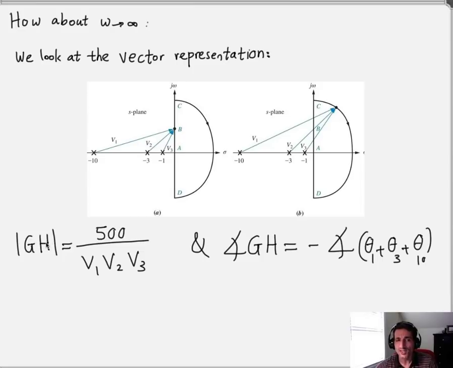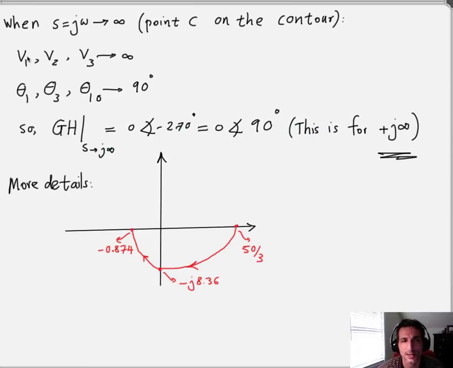And also for the magnitude, V1, V2, and V3 are obviously going to be infinity, because C is just too far away from the real axis. And because of that, like I said, V1, V2, and V3, when s goes to infinity, and again, remember that this is when omega goes to positive infinity. Later, I'm also going to show you what happens when omega goes to negative infinity. So all the V's will go to infinity, and all the phase angles will go to positive 90 degrees, and therefore the phase angle is going to be